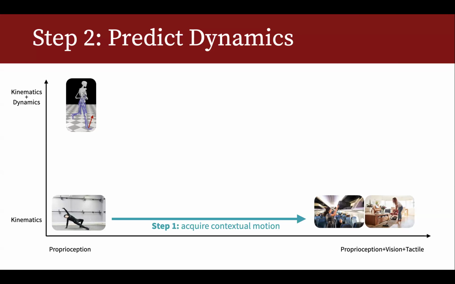Okay, so that's step number 1. Step number 2, how do we get dynamics data? Because most of the motion capture, even DexCap and a lot of things that I talked about up to this point, we only collect kinematic data, just the poses. I want to know what are the joint moments, what are the joint torques that give rise to those poses. Sadly, we don't have a way to collect dynamic data, but hundreds of biomechanics labs in the world do.